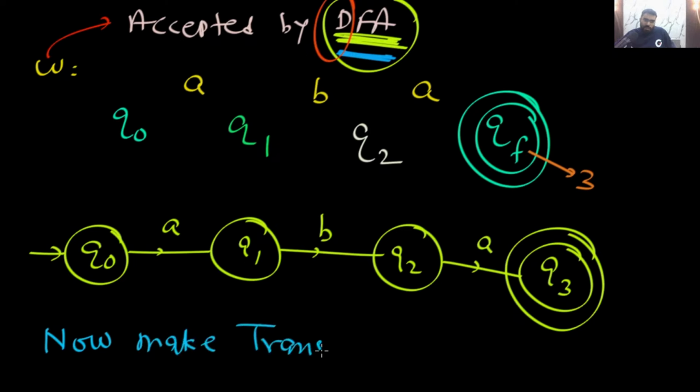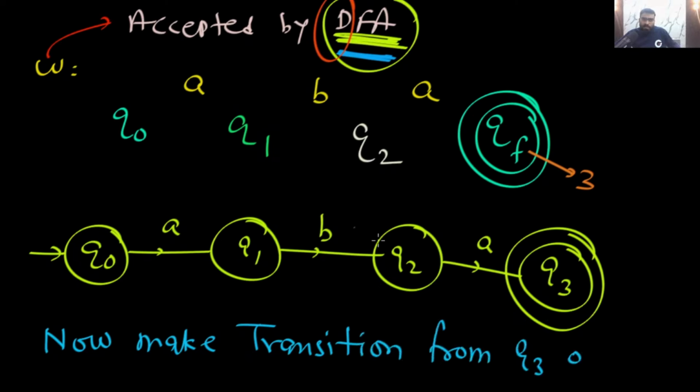First of all, you tell me, is this necessary? Is this mandatory that Q3 must have a transition on A, B? In the deterministic finite automata, is this necessary that this final state Q3 must have some transition on A, B? Yes, that is the definition of DFA. So now you make a transition from Q3